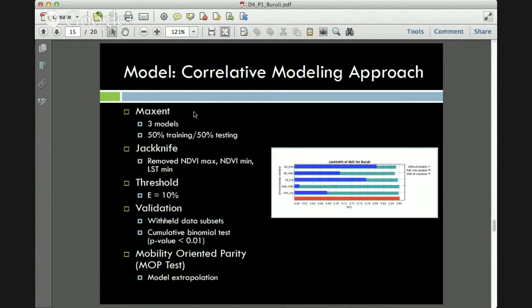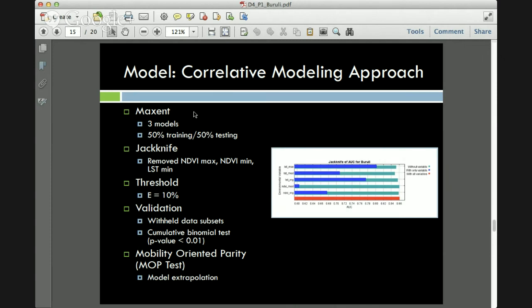So after generating our environmental data sets, we were ready to go ahead and run some models. We decided to use Maxent. And as I mentioned before, we had 3 individual randomly selected occurrence data sets, and we ran models on each of these. We used a jackknife to take a look at all of our variables to reduce or remove some variables that might be redundant,